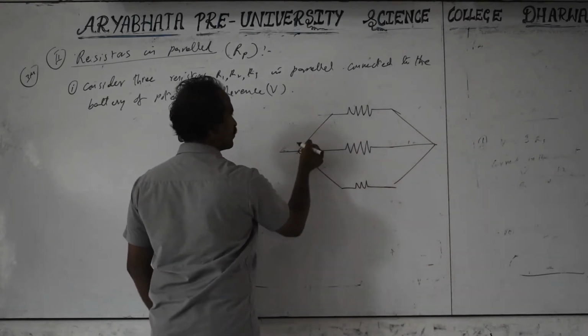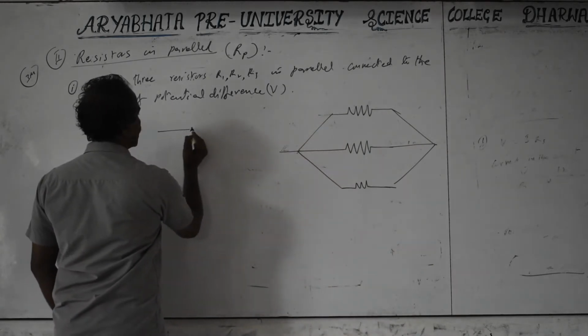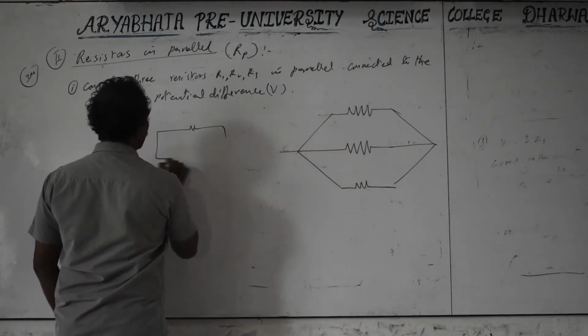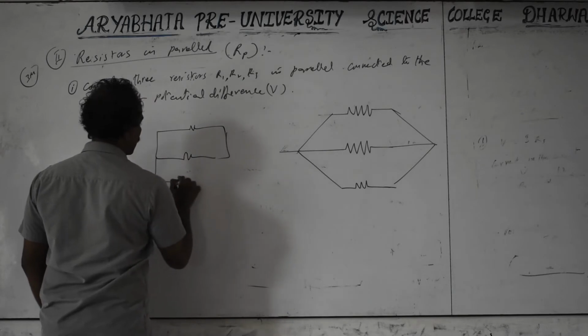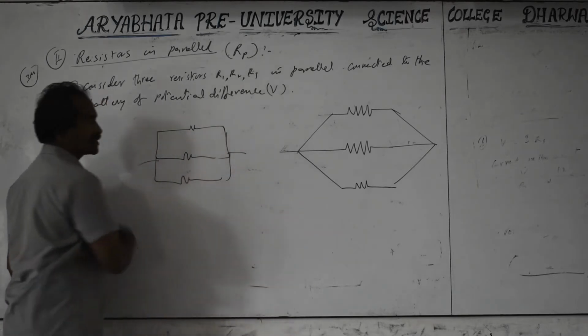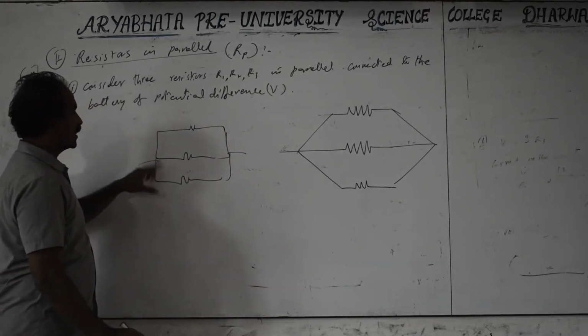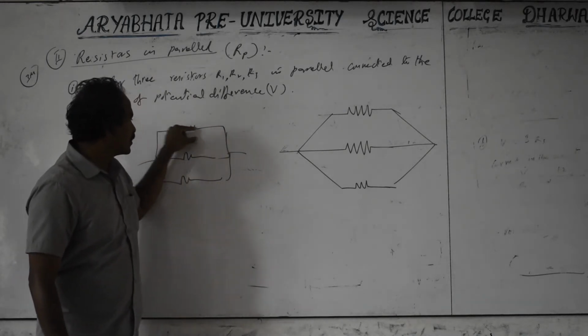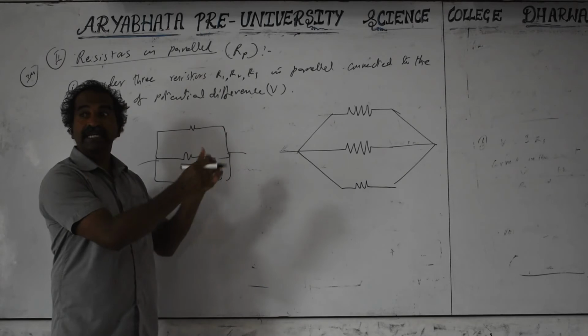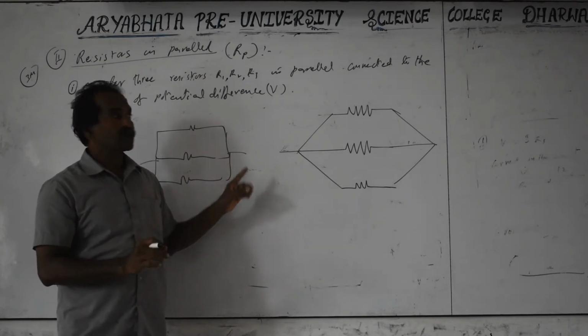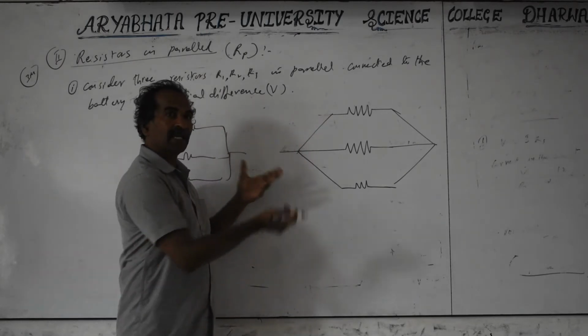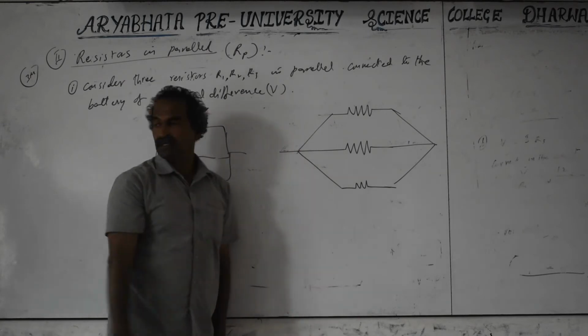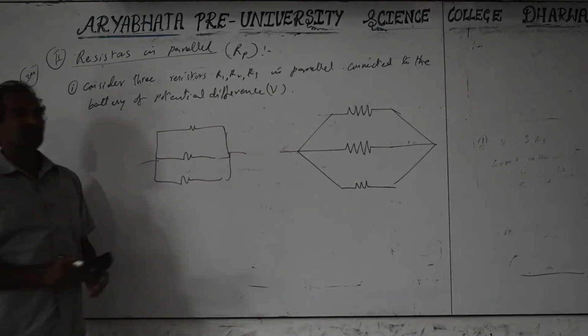Instead of drawing it with a slope like this, you can also draw the 3 resistors like this. You can take the connections like this also. Apart from the resistors, all the remaining lines are supposed to be connecting wires. I can bend the connecting wires to any shape I want. It need not be like this only; it can be any shape, because they are just flexible wires.